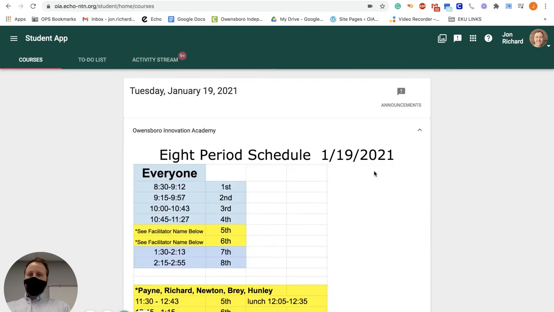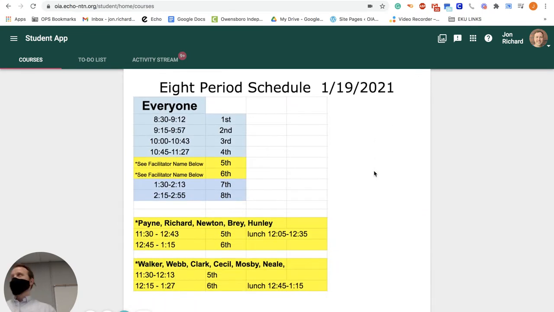And obviously today, if you haven't heard it yet, you're in your third class today, so you should see this. This is the schedule we're running today. So you're going to every period because we weren't here yesterday, so we're hitting every class. But either way, you're in this class for both periods. So it's a normal day for us in here, okay? So third and fourth period, okay? And so you see me every day, Monday, Tuesday, Thursday, Friday. But today is a normal day for us in here.